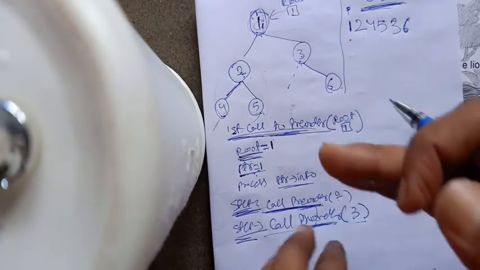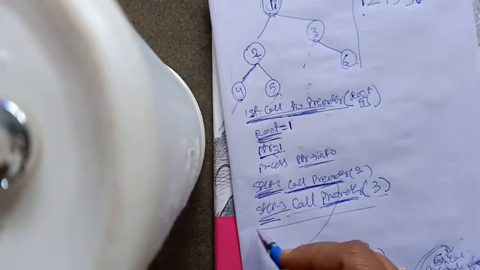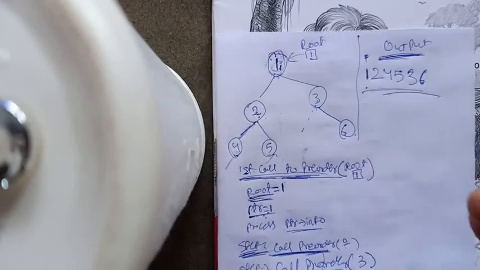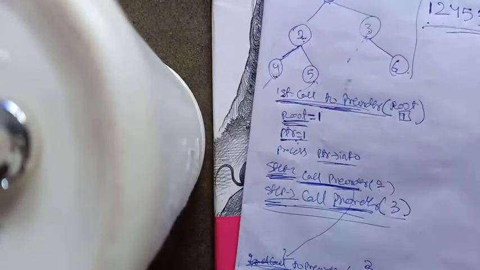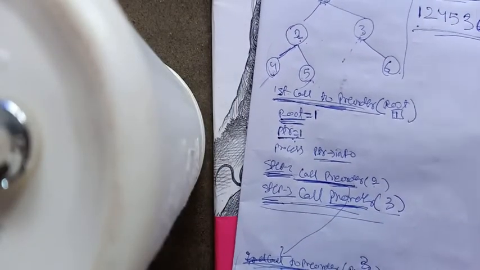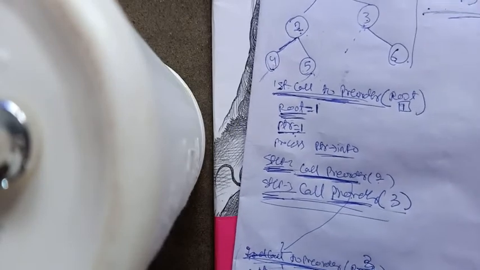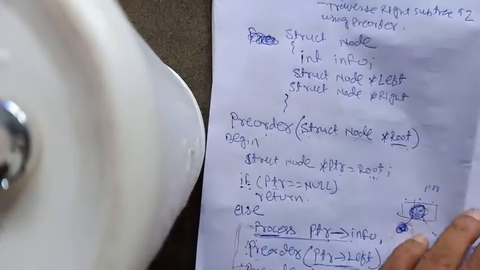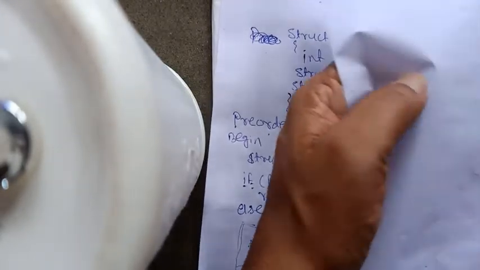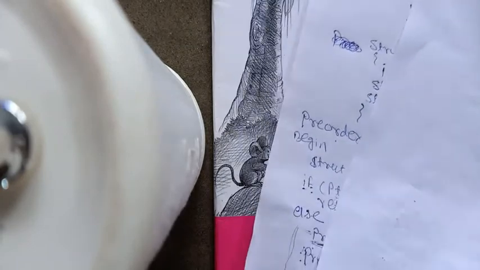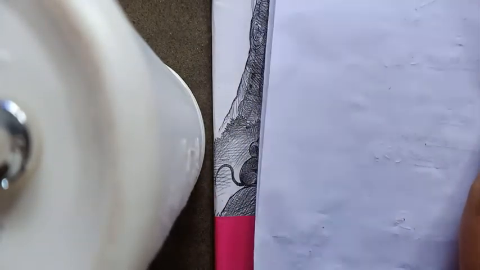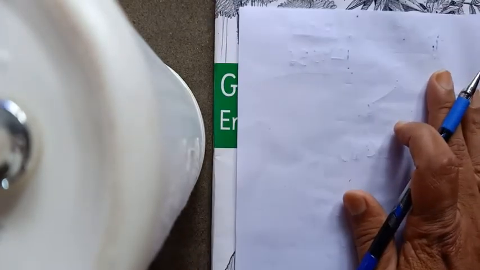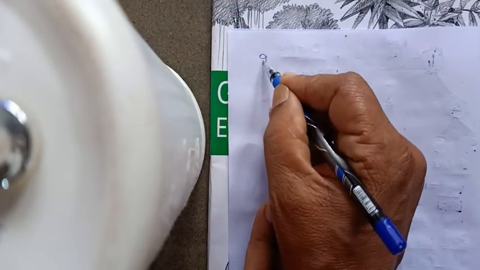Now it will come back to the first preference, first call, and the call is over. So this is how the pre-order function shall work. Now we have two more algorithms. In the same manner, we can write those two algorithms. So I'll just show you this algorithm, and you will examine how the functions will be executed in the memory. Next algorithm that we are going to discuss is in-order